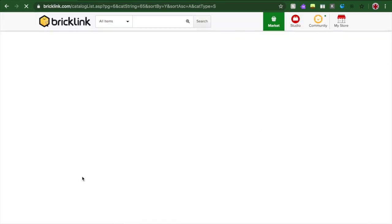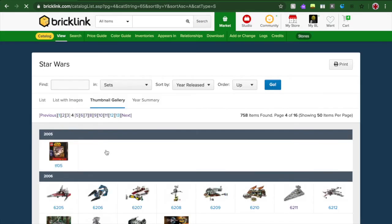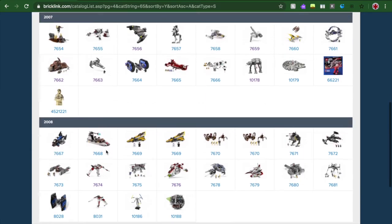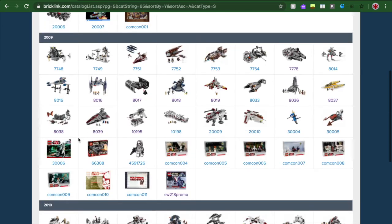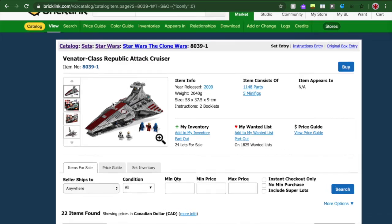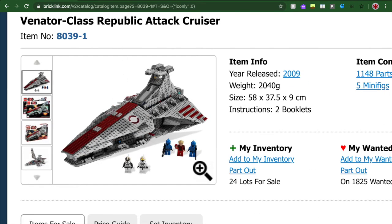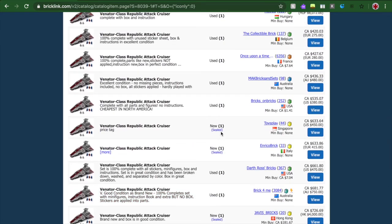So, let's do one last example. No, hang on, I'm too early. Let's go. I think you might know what I'm going for. I gotta find the Venator class Star Destroyer. This set is a beauty, by the way. Okay, sealed in the box, $600